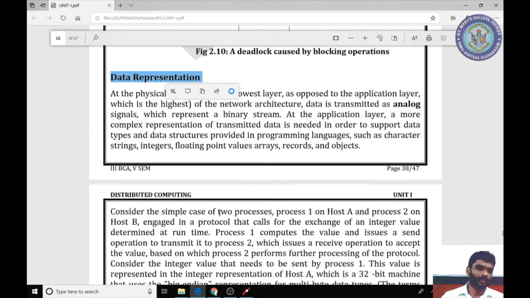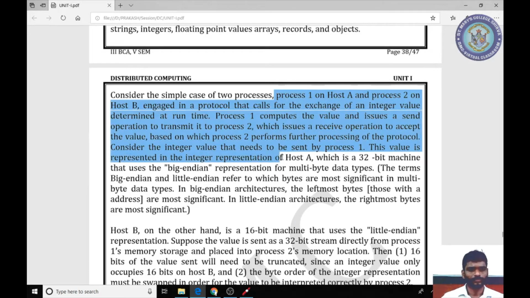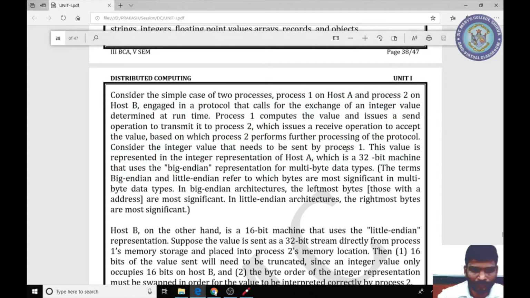Okay, consider an example. Two processes: process 1 on host A, and process 2 on host B. But if they use different notations, little endian and big endian notations, that is a different architecture. In general, 16-bit or 32-bit is used.